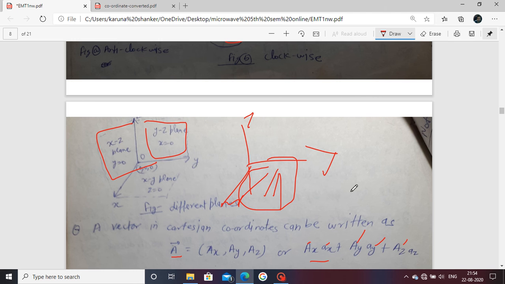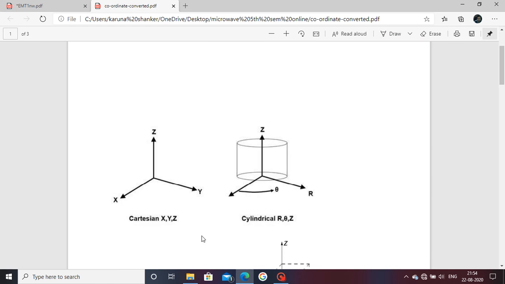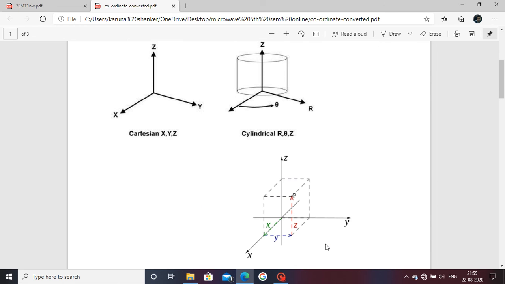It means that if you want to locate a point, you can use the Cartesian coordinate system, as you see in the diagram. This is the Cartesian coordinate system. Here you see there are six faces, such as a cube, set up in the Cartesian coordinate system. This one shows you.